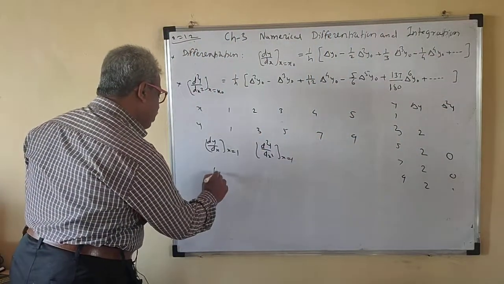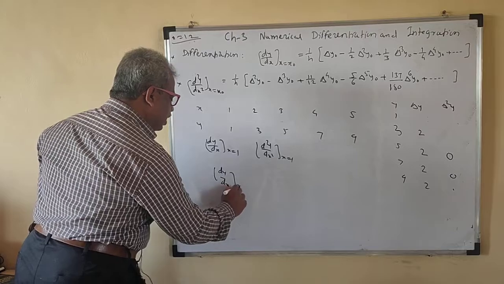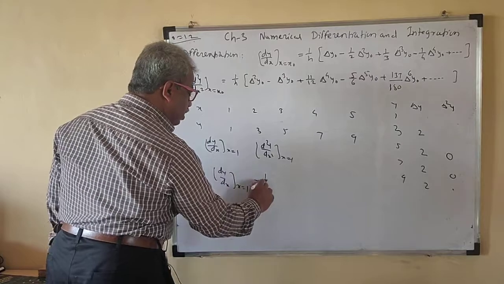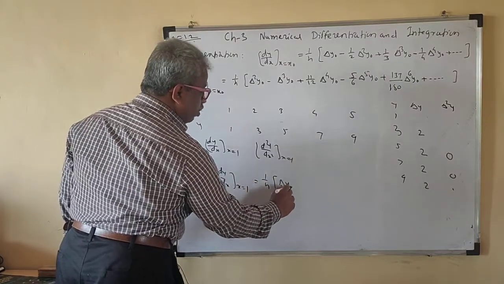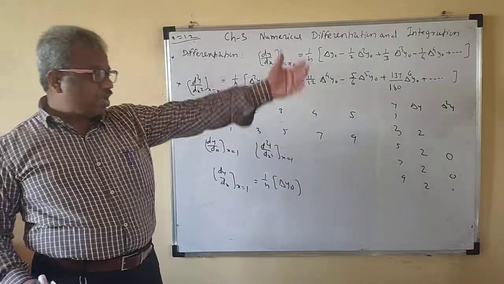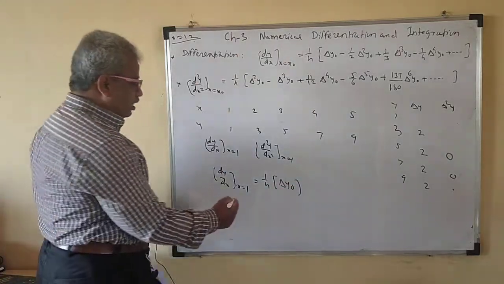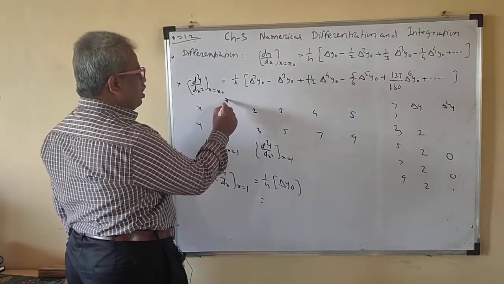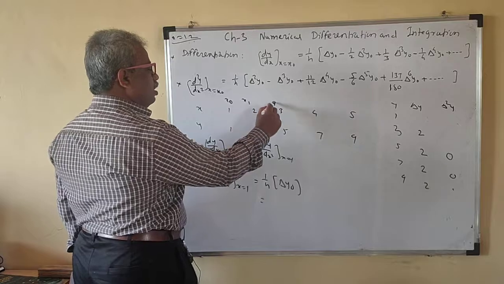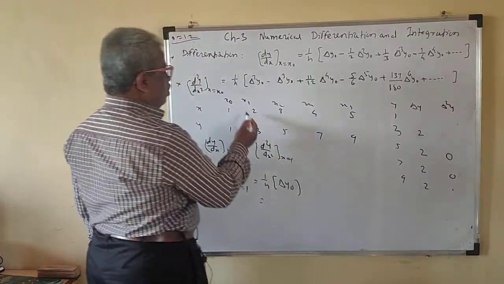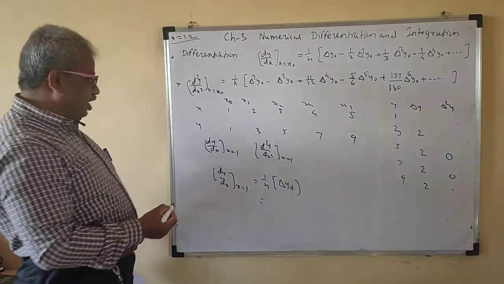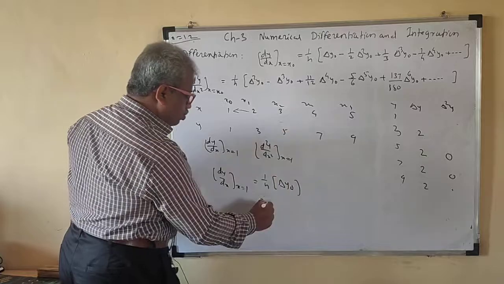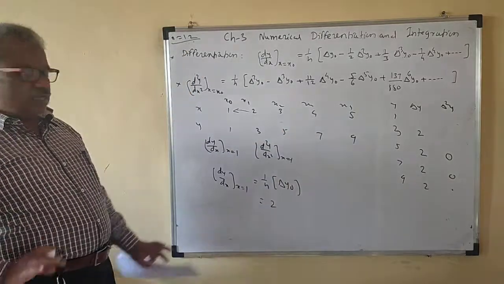So we write the formula for dy by dx at x equal to x naught. So x naught is 1 now. For x naught you have a direct formula. So this is del y naught, because del square y naught is 0, so no need to write all those things. Very easy problem. What is your h? x1 minus x0 will be your h. This minus this will be your h. So this is 1, and your delta y naught is 2. So the value is 2. Very easily we can calculate this.